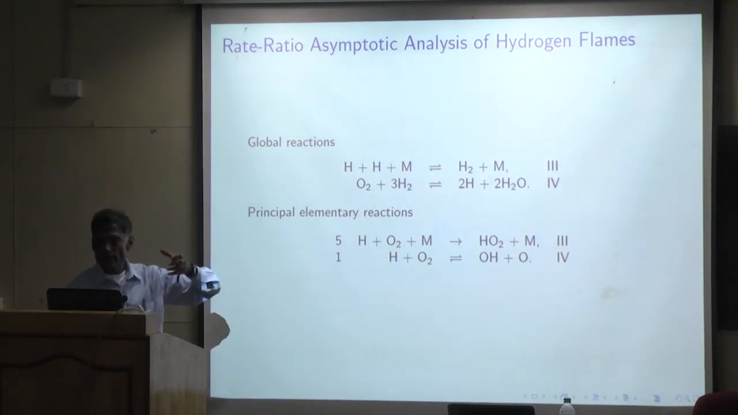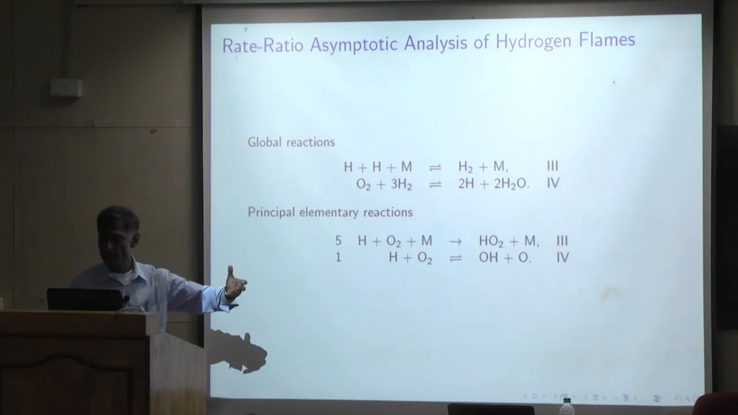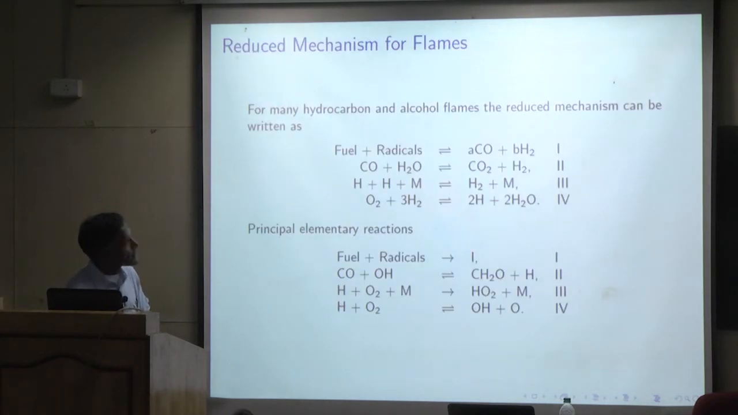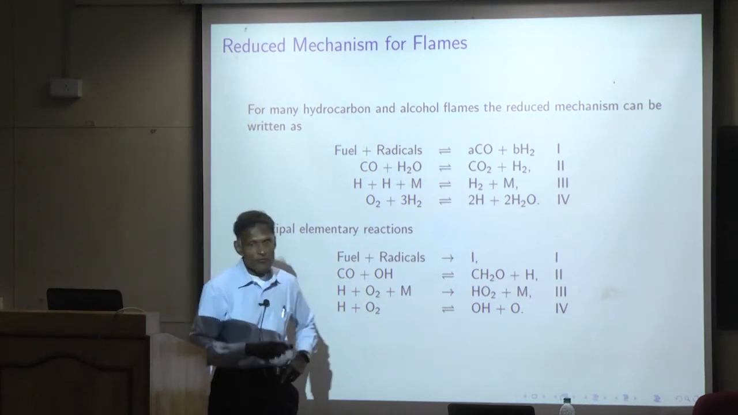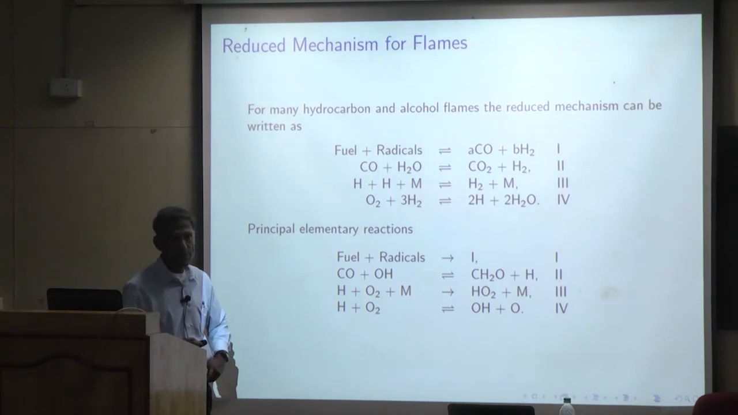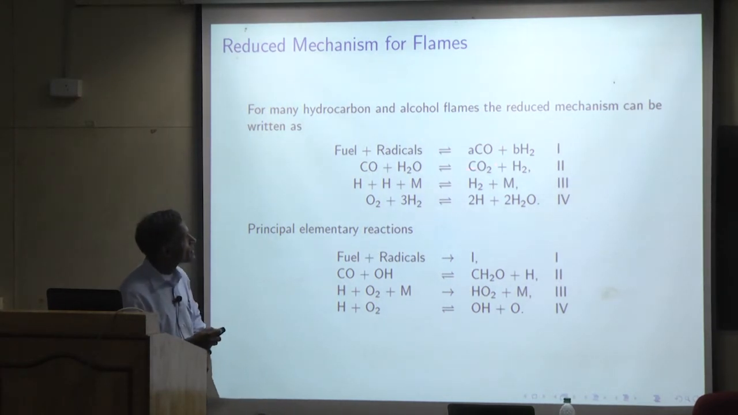So therefore, the analysis is a little bit more difficult as far as bound. Nevertheless, we have done that. You can see that these are the asymptotics, the numerical and analytical predictions of the burning velocity as a function of phi. It does a very good prediction. Now I want to go a step further and talk about it in general, not restricted to only